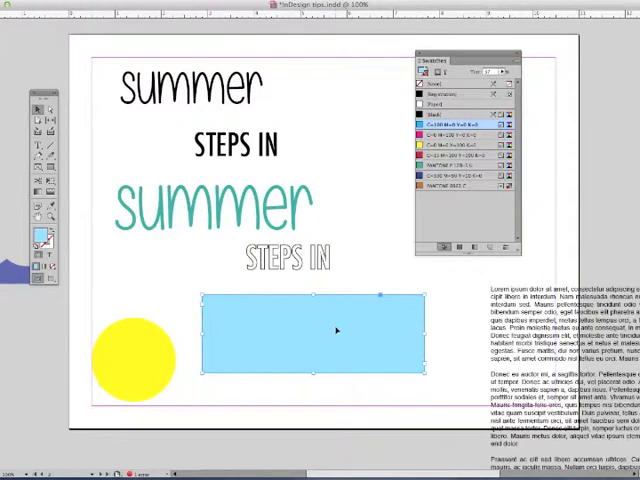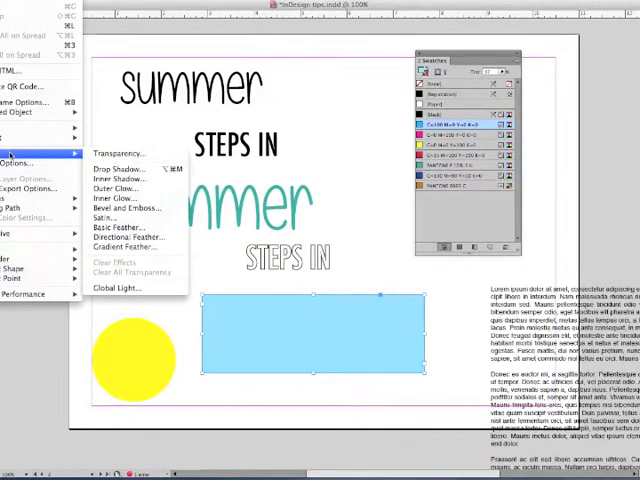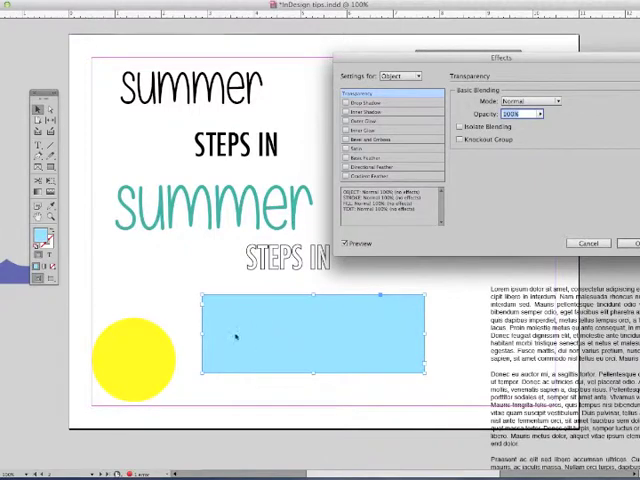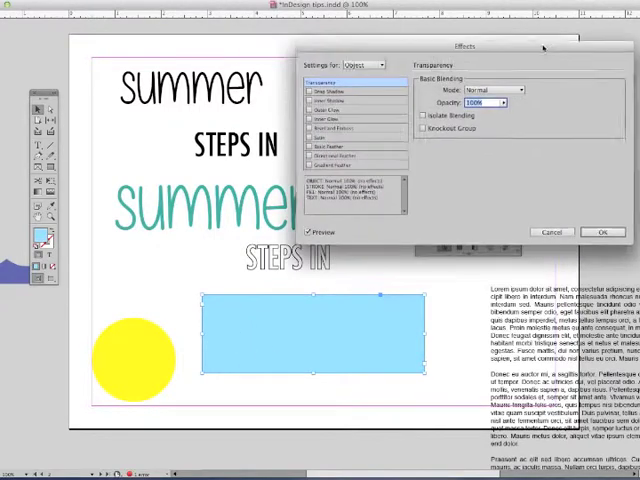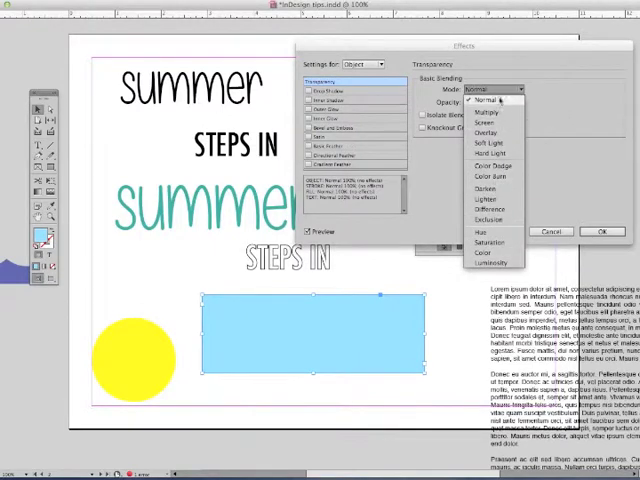If I did want to make this actually transparent, the way to do that, and you can't see this on the video, but what you'll do is go to the Object drop-down menu, go to Effects, Transparency, and here notice that you do have to have your object selected. Here you can play around with a couple of fun blending modes. I'm not going to go into these here, but these are well